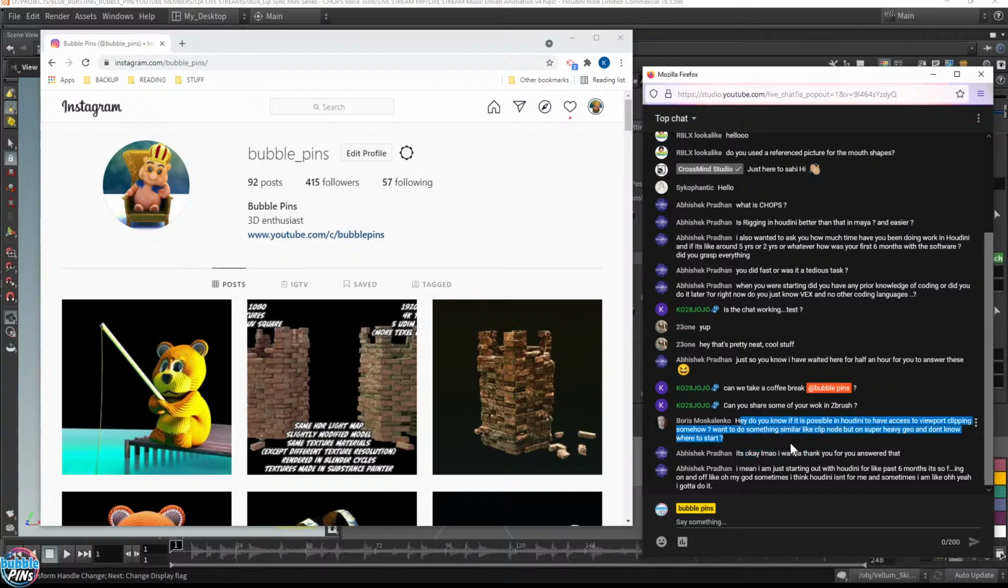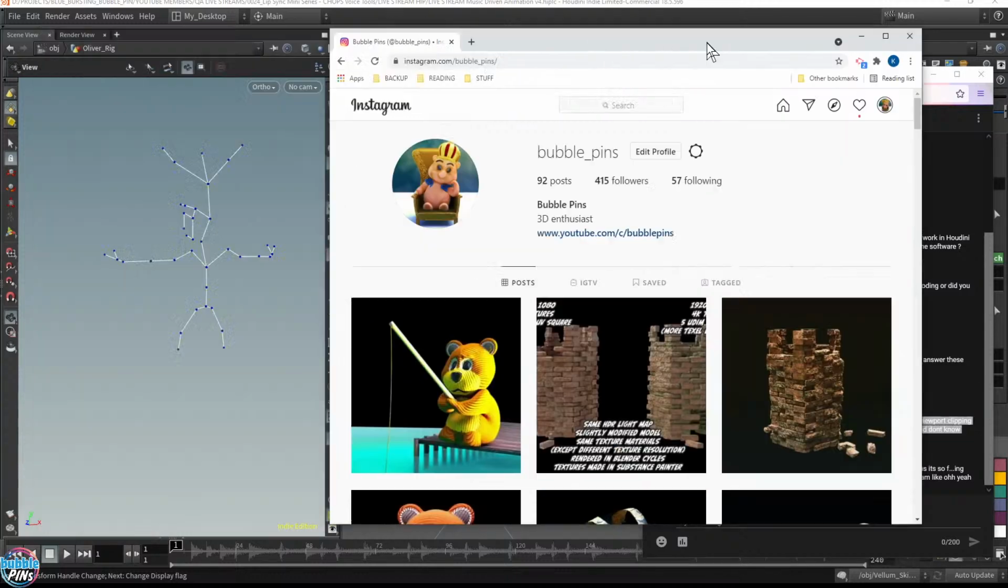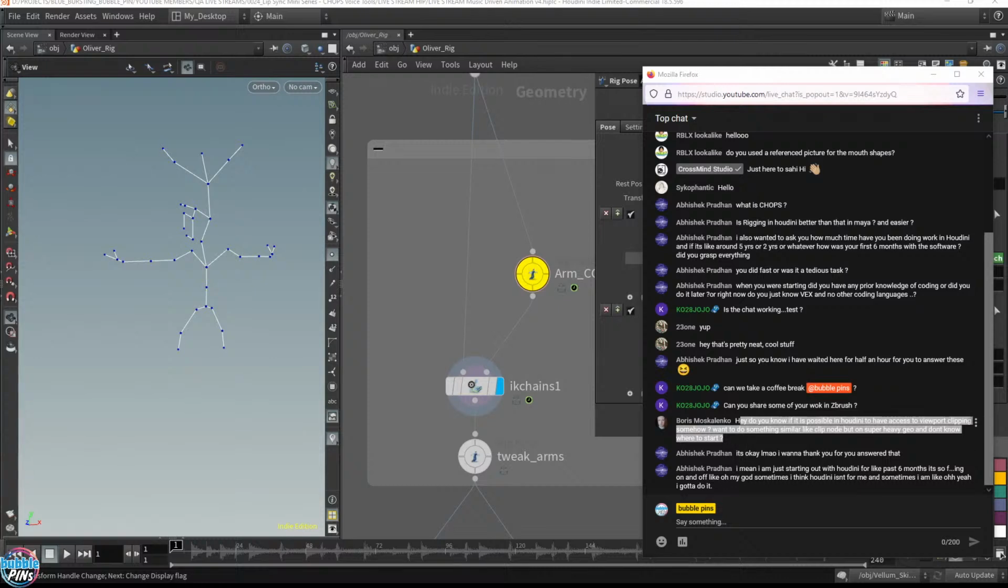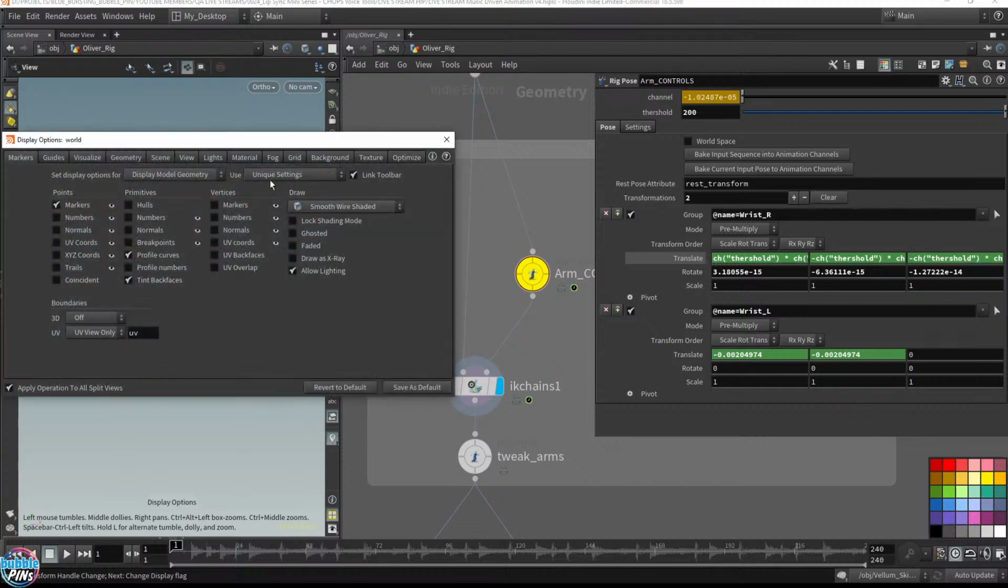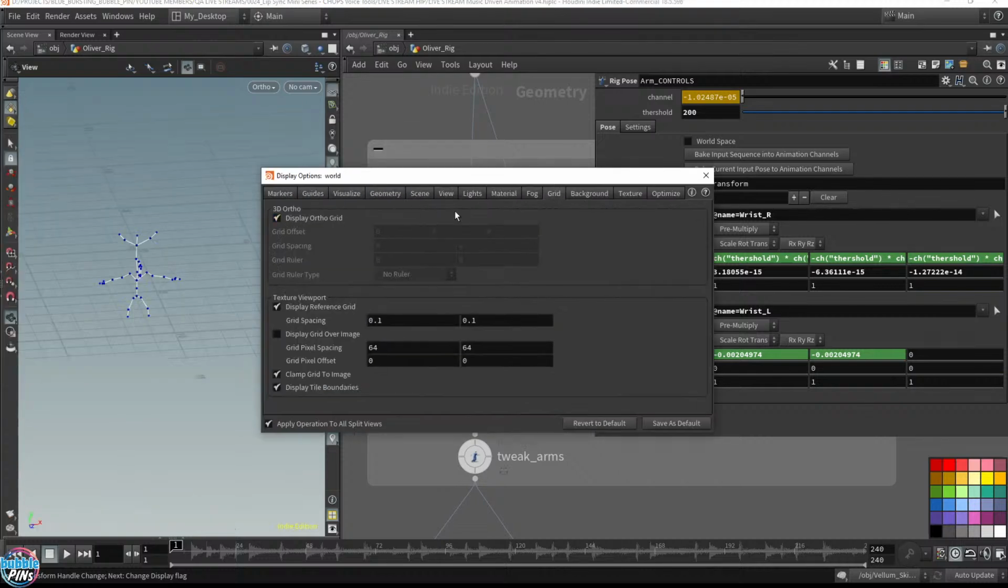Hey, do you know if it is possible in Houdini to have access to viewport clipping? Oh, it is. Yeah, that was one of the things that bugged me so badly in Houdini. Why is it disappearing? Why is my stuff disappearing? So it's all about this